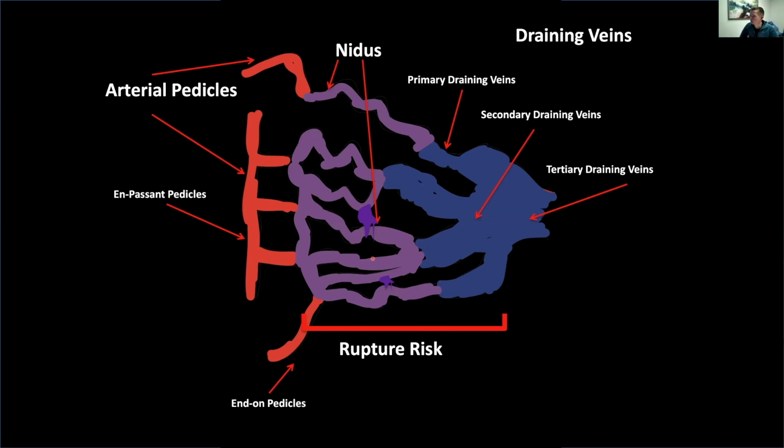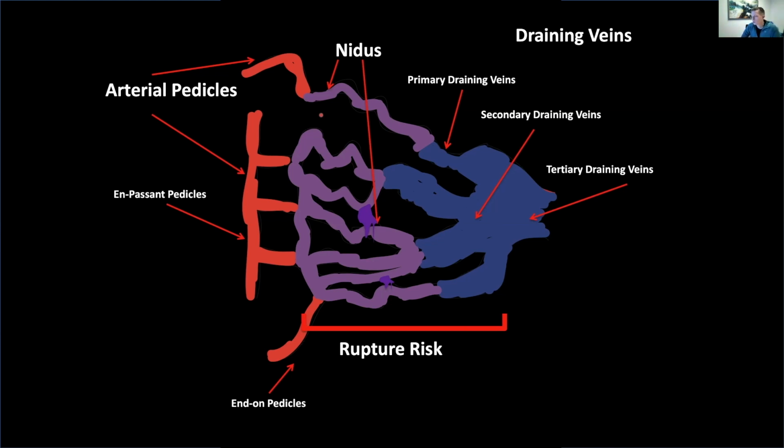The reason that can be important is because you don't have just this cluster of amorphous nidus that drains into everything. You can actually have this chunk of nidus draining into one set of veins, this chunk of nidus draining into other veins. And that's going to become important when we think about ways of killing off the nidus and